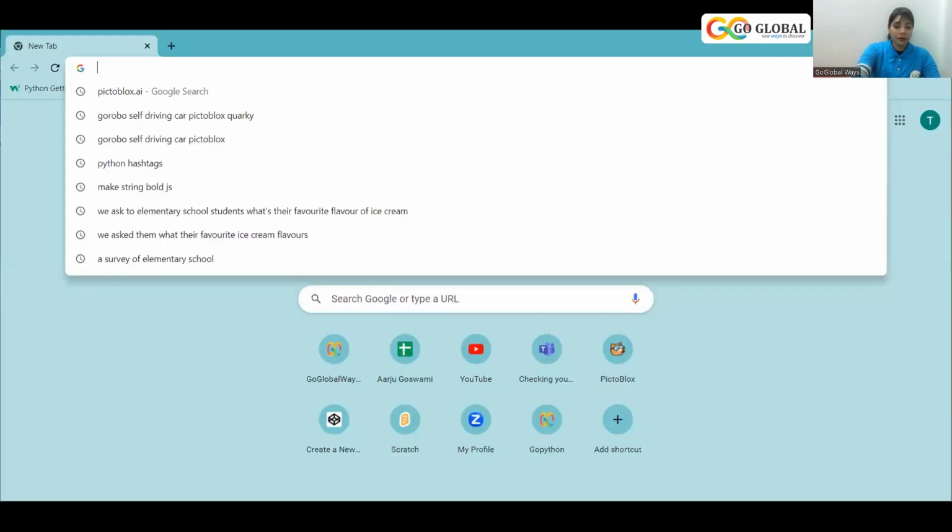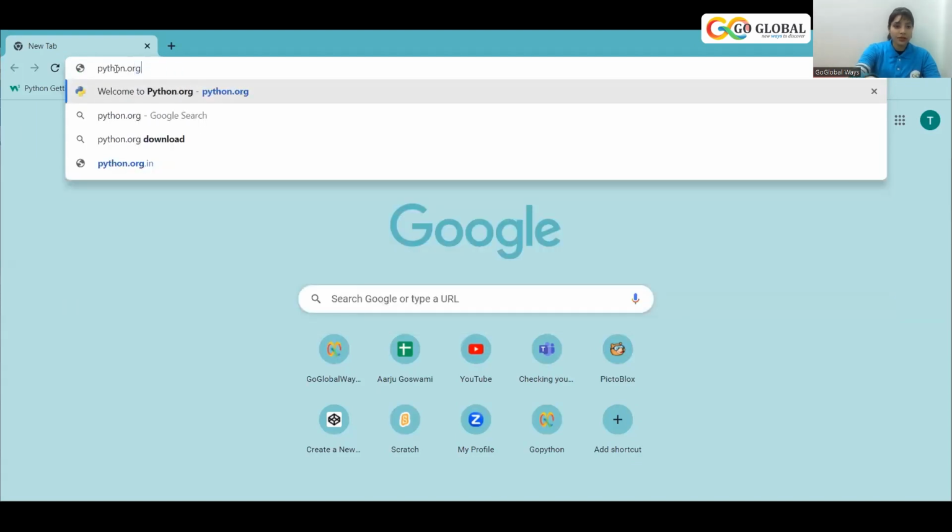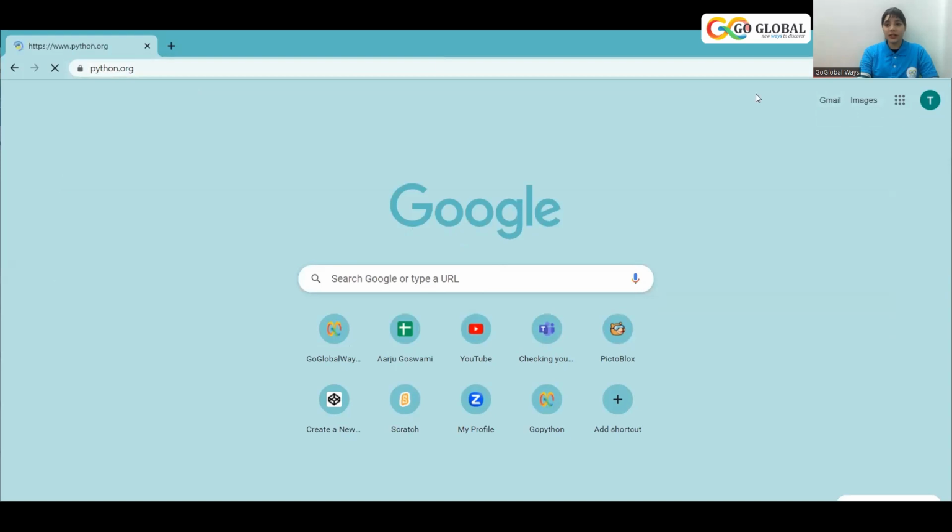Let me share my screen and open a new tab so that I can tell you how you all can download Python. I'm going to share my screen with everybody. Just give me a minute. Yeah, so I think everybody can see my screen over here. And here, if I type python.org and press enter,